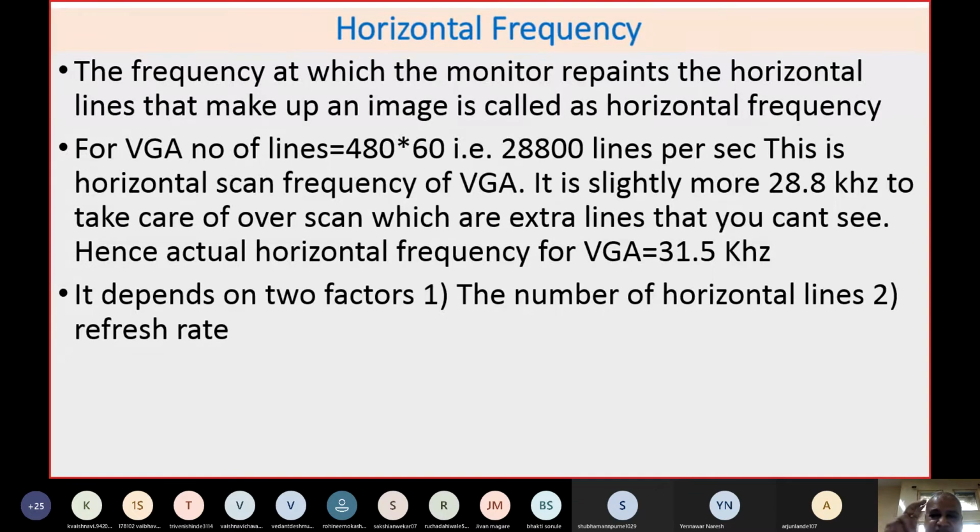And you know that in the CCIR standard this is 15625, which is nothing but the number of lines into the number of frames. The number of horizontal lines depends on the refresh rate. As I said, refresh rate can be 60, it can be 120, even it goes to 244 also. If the refresh rate is more, obviously the same picture will be focused onto your eyes again and again, more number of times. So there will be more continuity, more clarity, and ultimately less flicker in the quality of the picture.